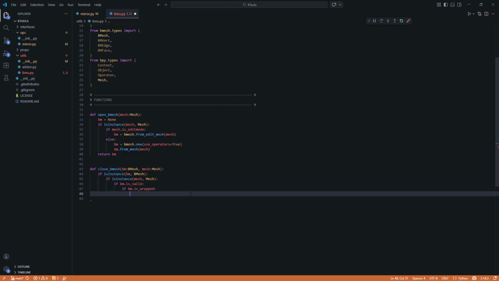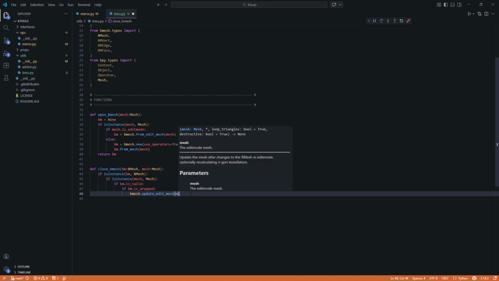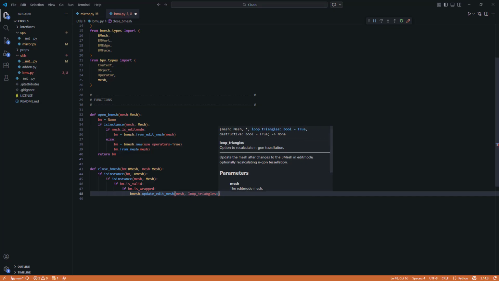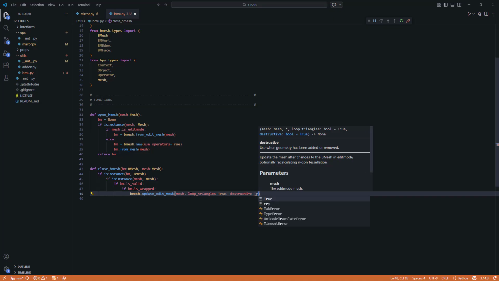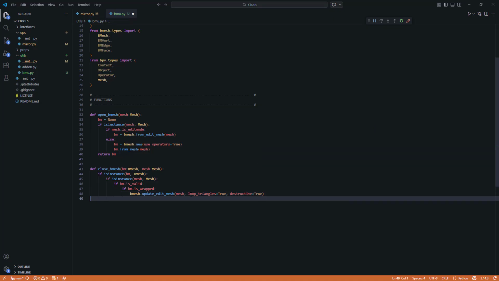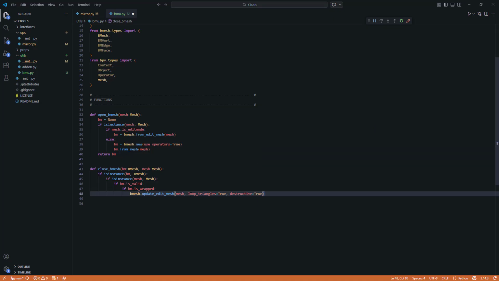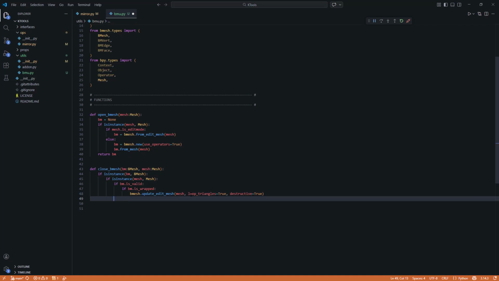Alright, bm is wrapped, and we'll say bmesh.update_edit_mesh. We'll just pass in the mesh, and loop_triangles true, destructive true, might as well. Alright, and then if it's